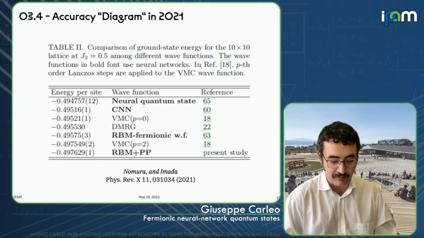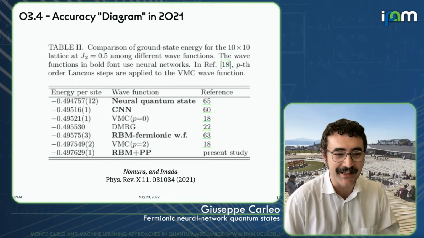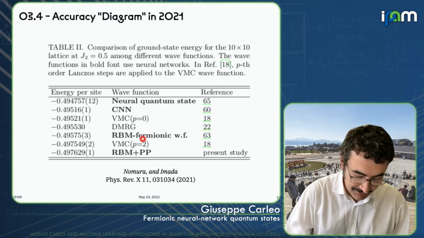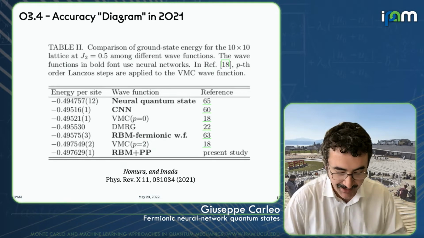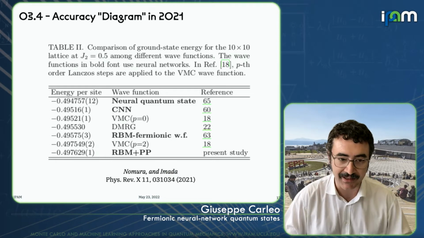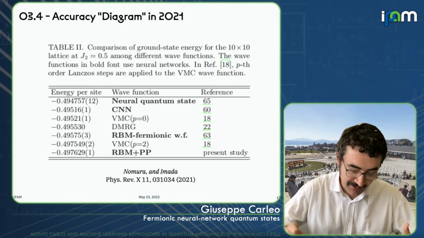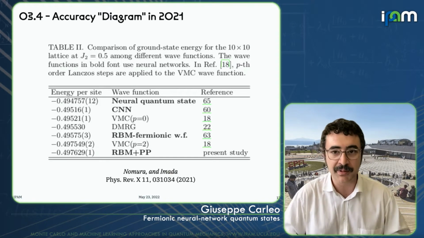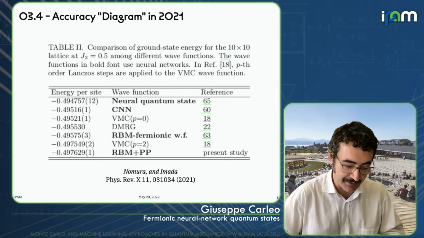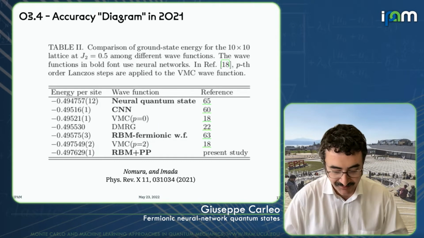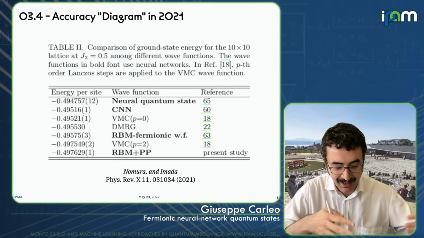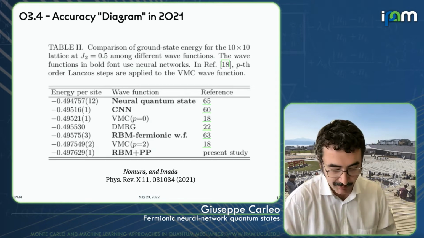As of 2021, that point has finally also been improved to the point where it's now neural networks that are the state of the art. This is work by Nomura and Imada. It's not the work of my group, but I just wanted to highlight the fact that in these recent years there's been a steady progress on spin models. And by now, I would claim that also on these frustrated spins, neural networks are essentially the state of the art for the simplest sign problematic spin problems that you have in 2 dimensions.